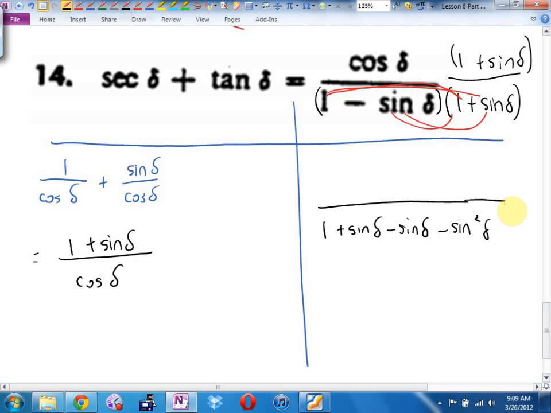On the top, I'm just going to drop this down. If I need to multiply it out on my next line, I will. But I have a feeling I'm going to want to leave stuff factored, and since it already is, why don't I leave it that way? By the way, what is positive sine take away sine? Yeah, those guys do cancel. That's not dividing cancel. I don't have to factor those guys. It's like adding the opposite. In fact, what do I really have on the bottom there? 1 minus